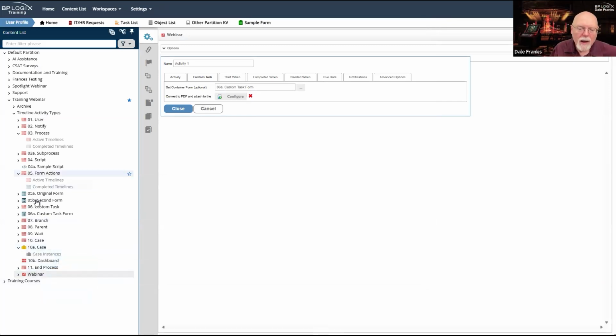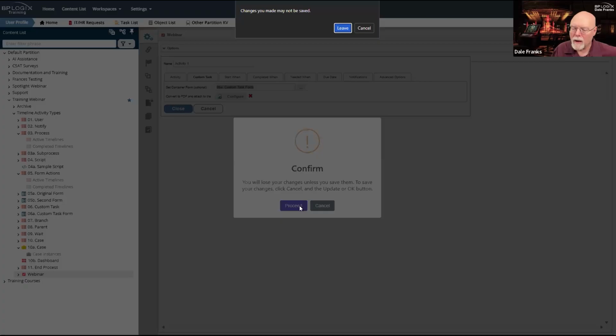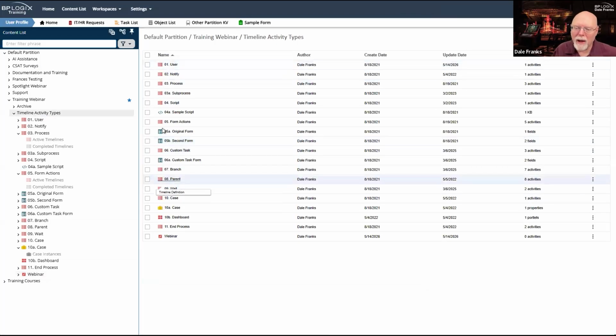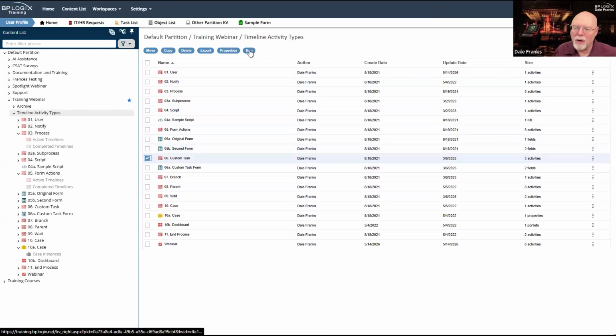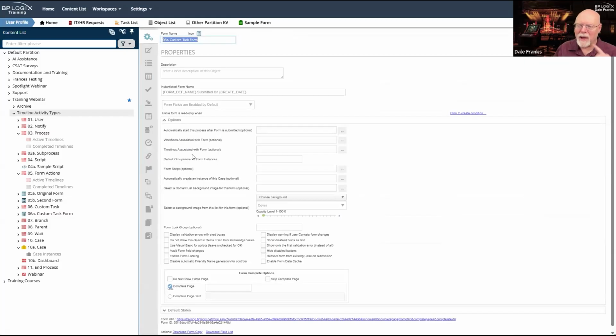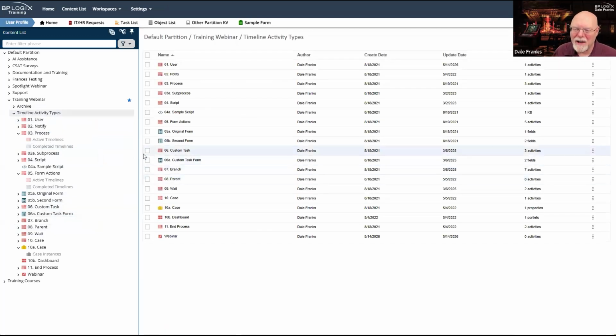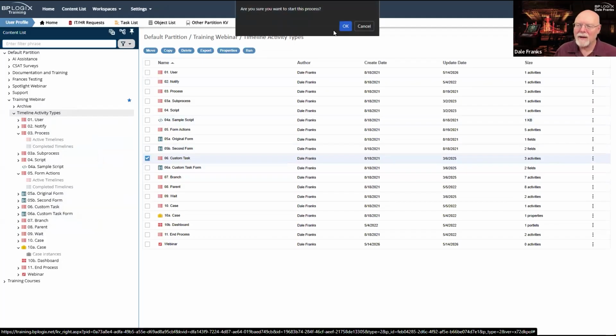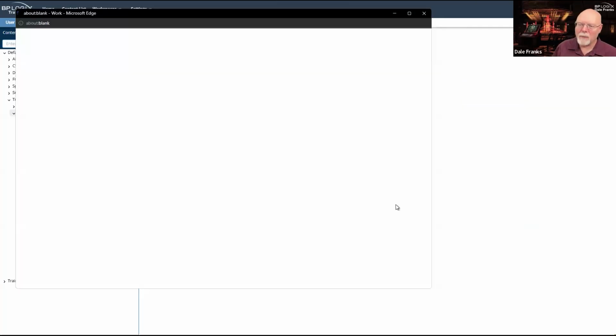If we go back to the one that's fully configured, we'll leave our playground timeline and go right back here to our custom task timeline. Now I don't remember right off the top of my head, do I run this directly or do I submit it? I do run it directly. So at least I was consistent about how I set it up. So I'm going to take my custom task timeline and run it.